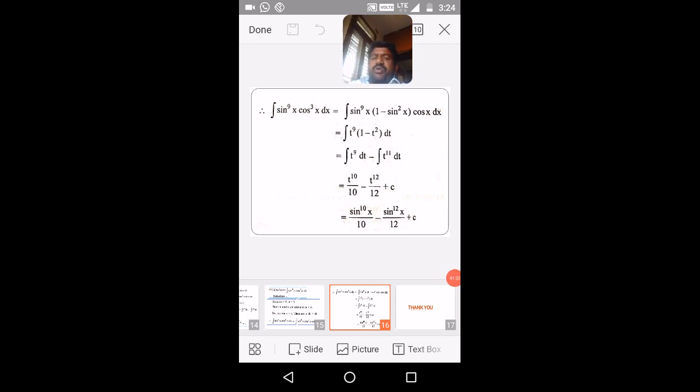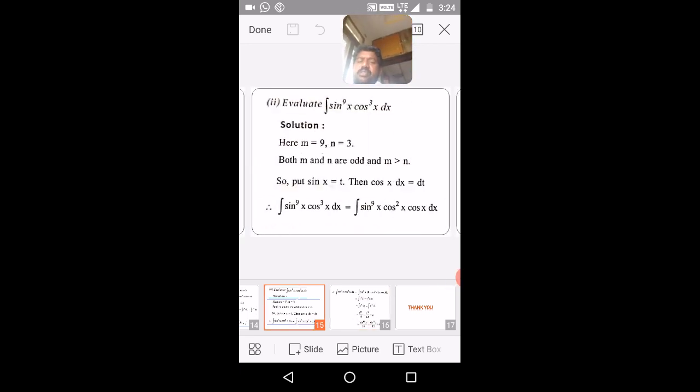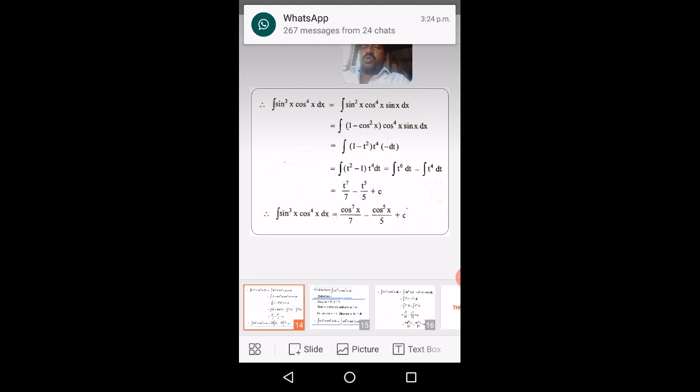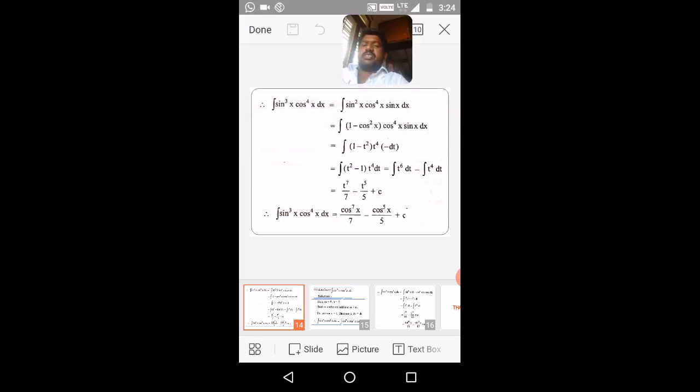way to find the integrals of such type, that is integral sin power mx into cos power nx dx. Okay, here the only things you have to remember are 3 points, that is 3 cases. In those 3 cases, which function should be substituted and which function should be converted using trigonometric properties. That is the main important thing to find that integral in this method.